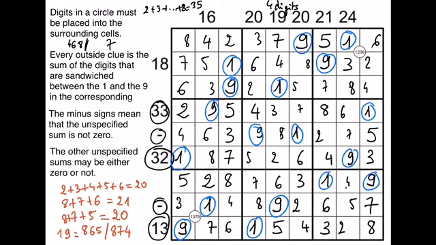I hope that's not too arrogant. I really like the puzzle. I really enjoyed solving it